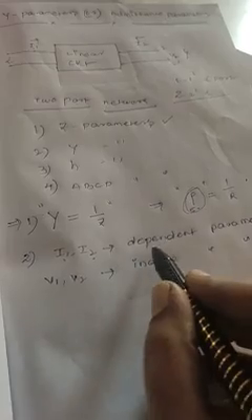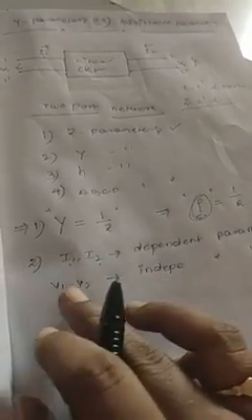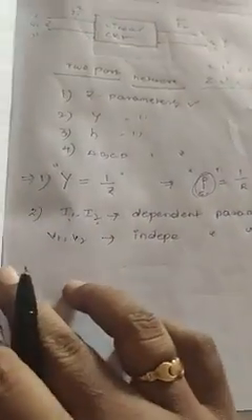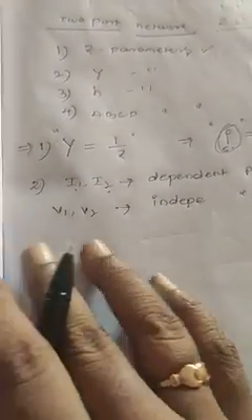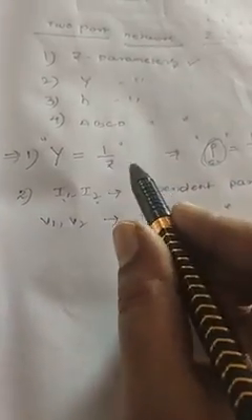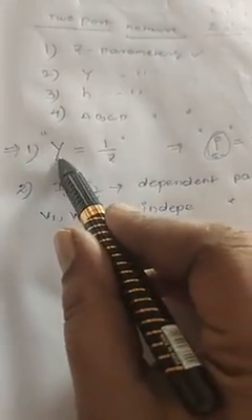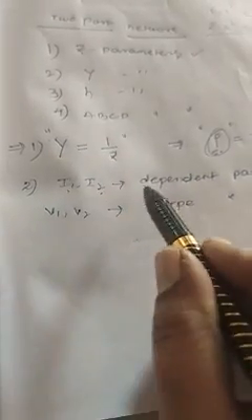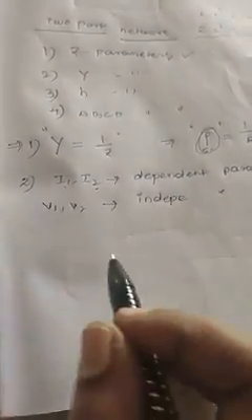So in the case of Y parameters, I1 and I2 are the dependent parameters. I1 and I2 depend on other characteristics of the circuit, so they are called dependent parameters. Similarly, V1 and V2 are not dependent on other parameters, so they are called independent parameters. We have to remember two key points: admittance is the reciprocal of impedance; I1 and I2 are the dependent parameters, and V1 and V2 are the independent parameters.